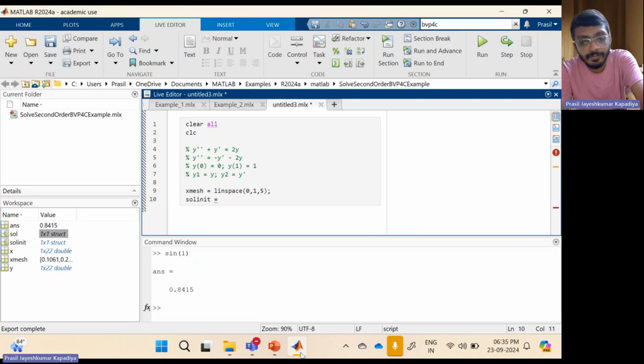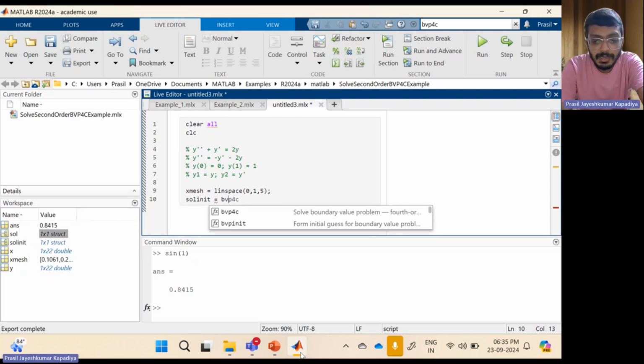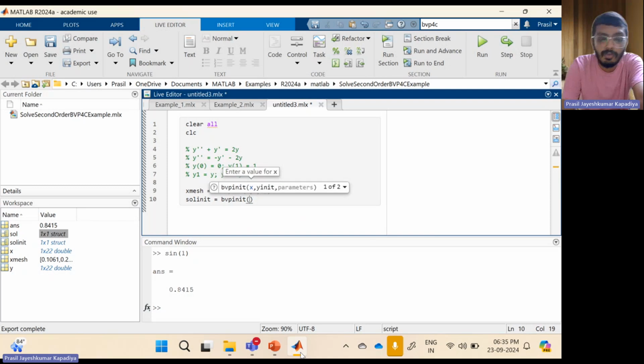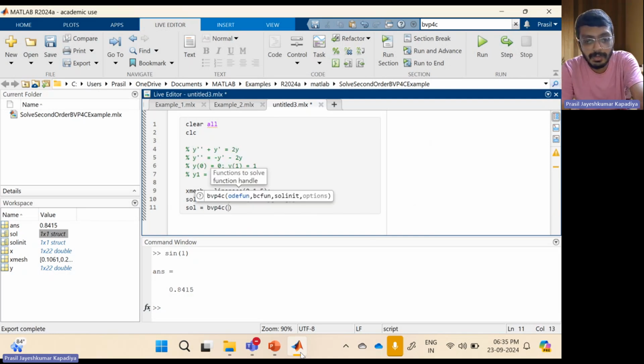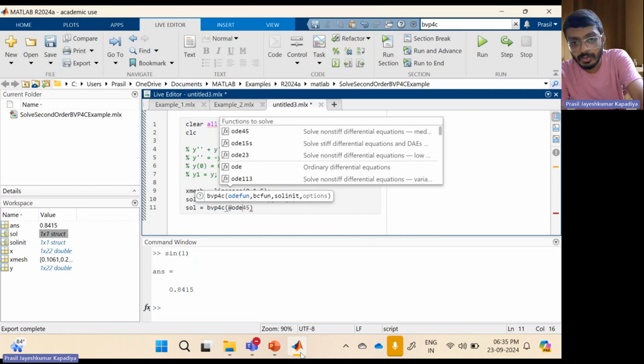solinit is equal to bvpinit. First, I need to write my x mesh. Then I need to write down my initial guess. So let's say my initial guess is 0, 1. Okay. And let's say my solution is equal to bvp4c of, I will be defining my function showing the equation